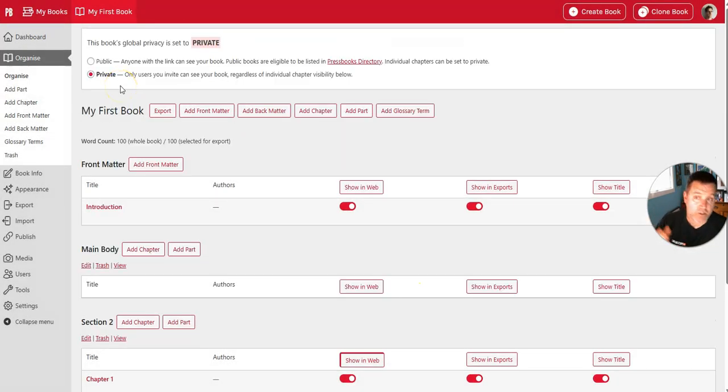At the top of the page, you'll also see a global privacy status for your book. This global privacy status controls whether the book itself is visible to the world or visible only to people that have an account that you've invited. Your book may start as a private book, and when you click Public, it means that anyone with the link will be able to see your book, the homepage of the book, as well as any content that you've selected